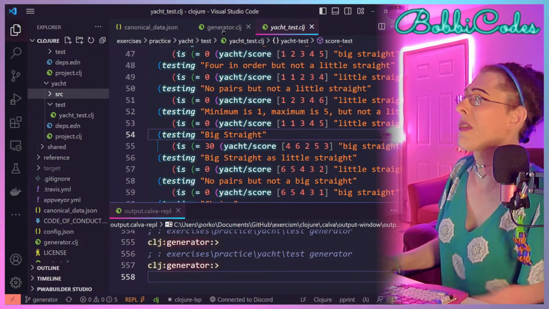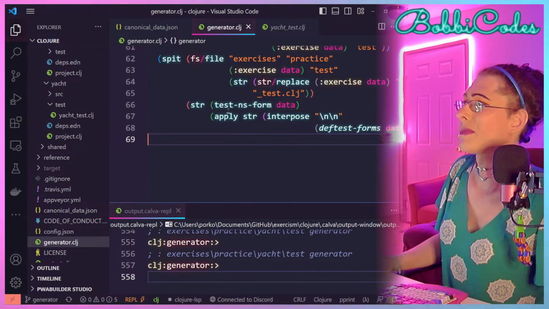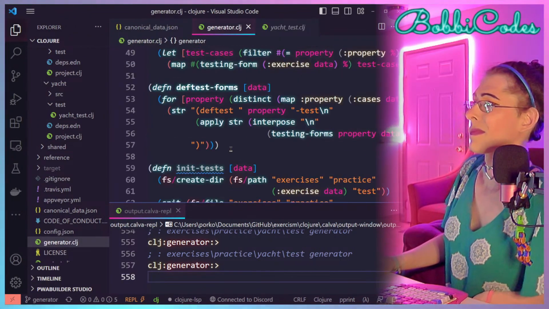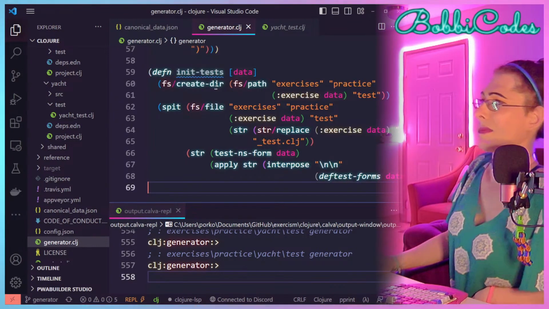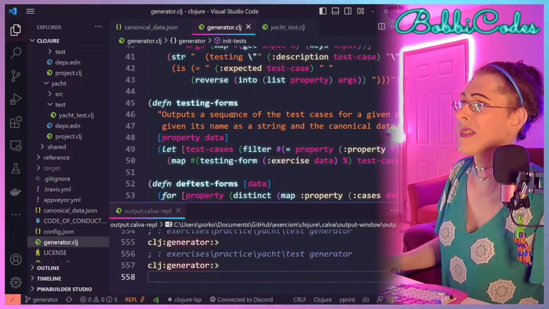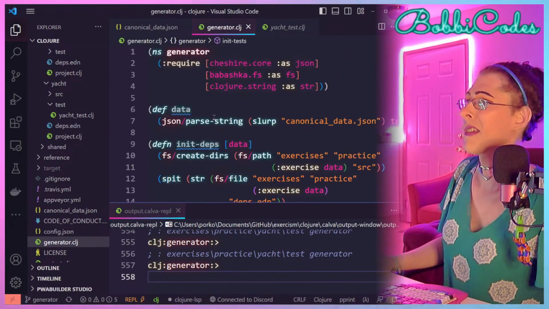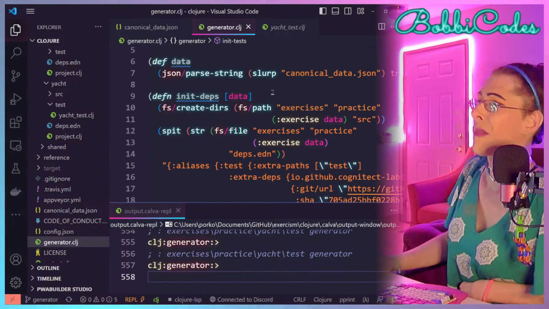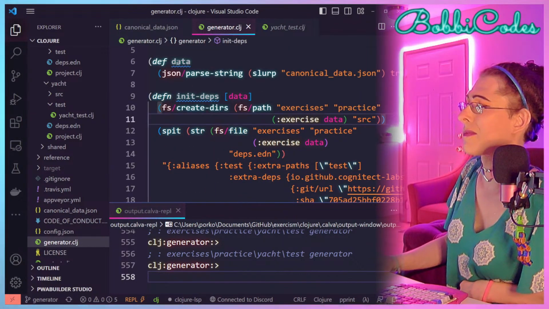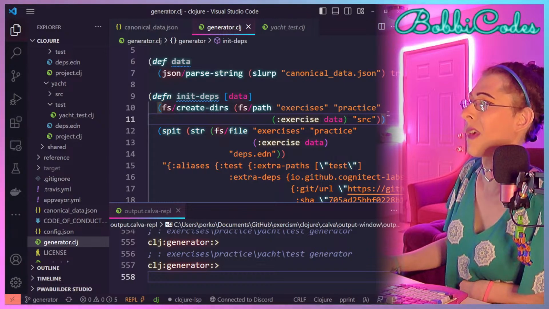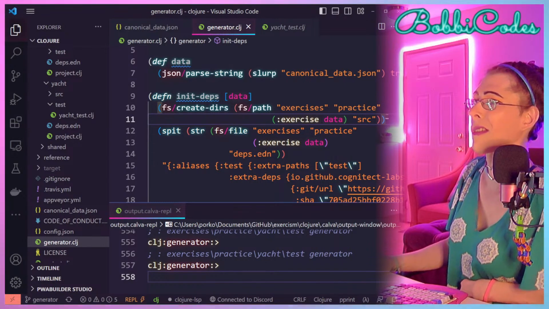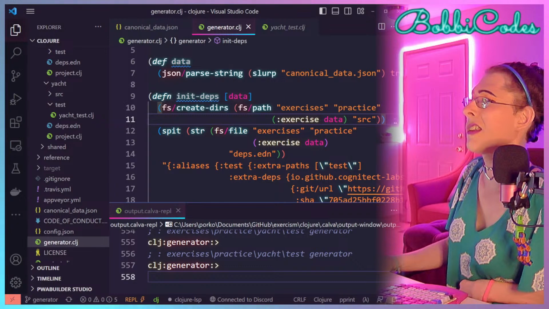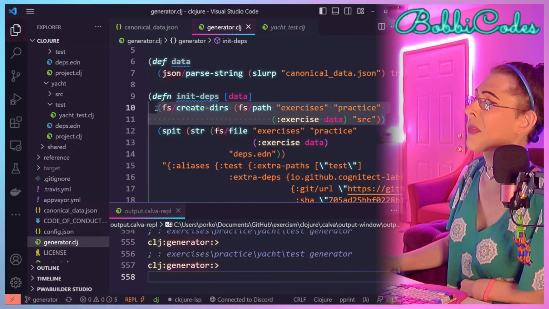So where did we create that? Init tests, test form. It was for the init depth. Yeah, I created it here when I actually didn't need to. Why was I thinking that that was supposed to go there?